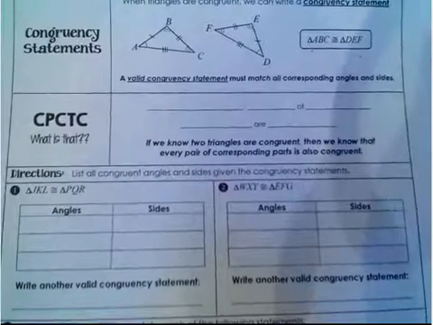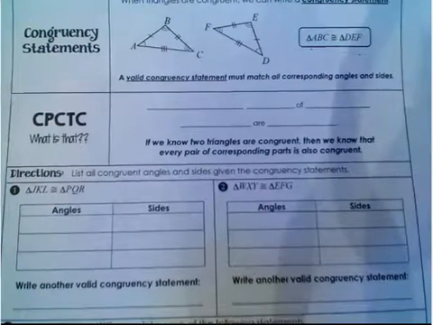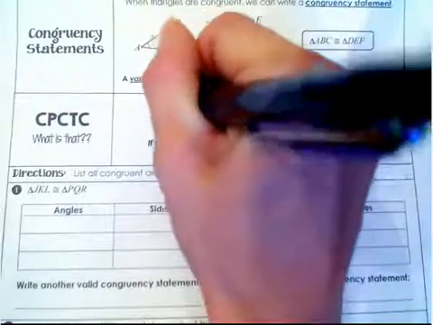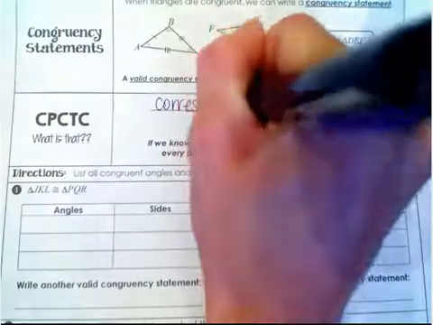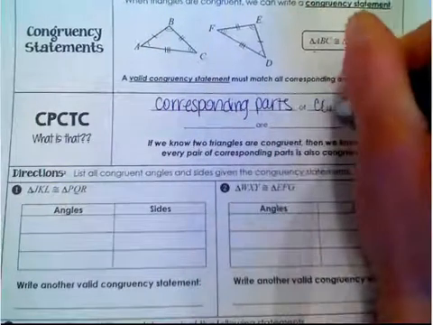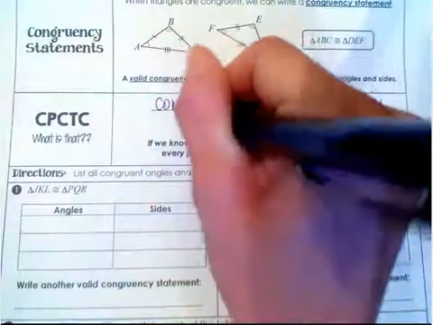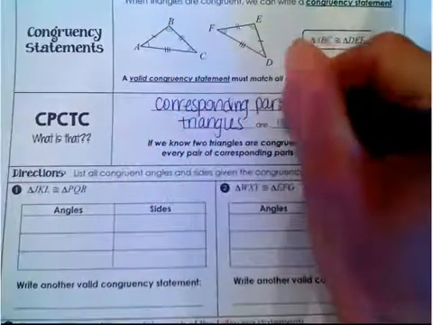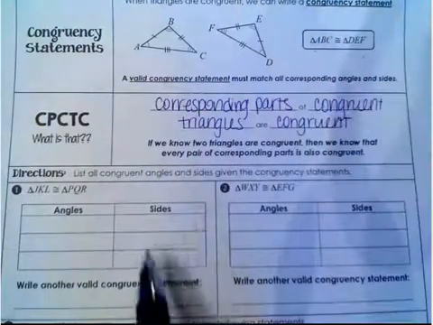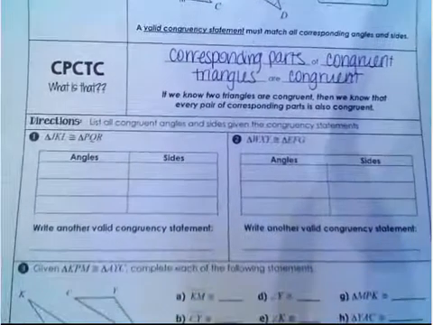Now, CPCTC is something that we're going to use in our proofs. And that is just a shortened way to say that corresponding parts of congruent triangles are congruent. That says if we know two triangles are congruent, then we know that every pair of corresponding parts